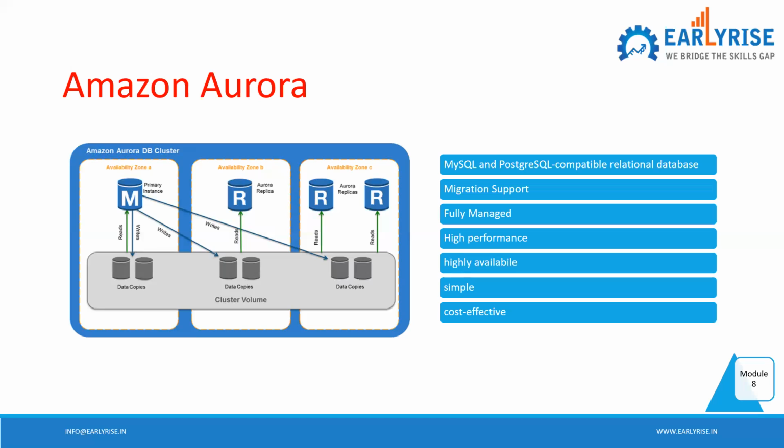We'll have a primary instance, and say you have replicas in, say, A, B, C, some regions. So here data copies, some reads are happening, and here writes are happening. This primary instance is doing all these write operations on various data copies, and we have the clusters in volume, and all those things are hidden from you, all abstracted. You don't have to worry about it.